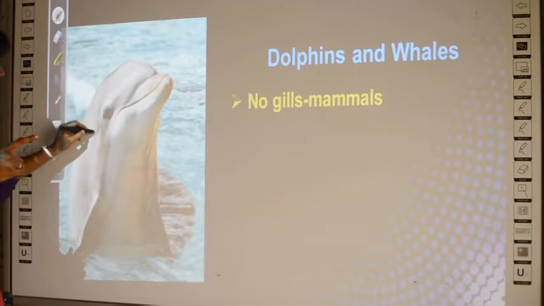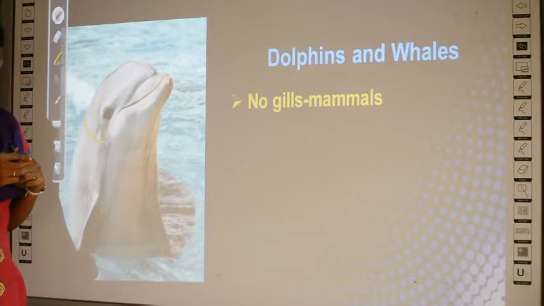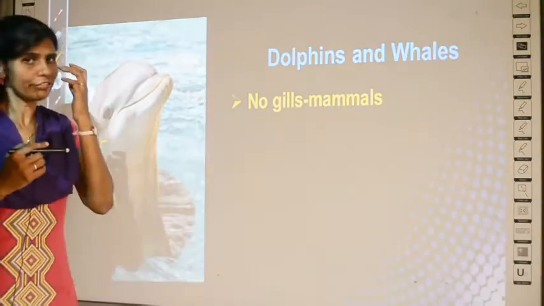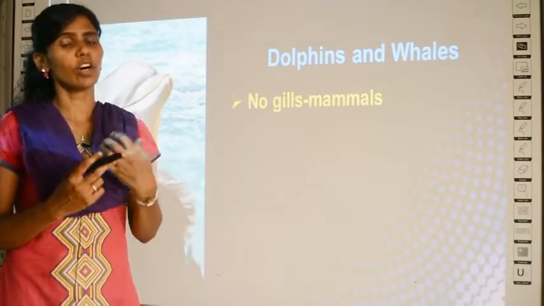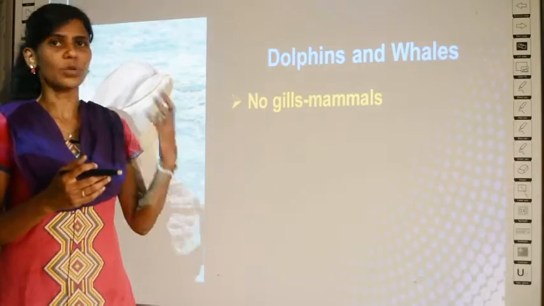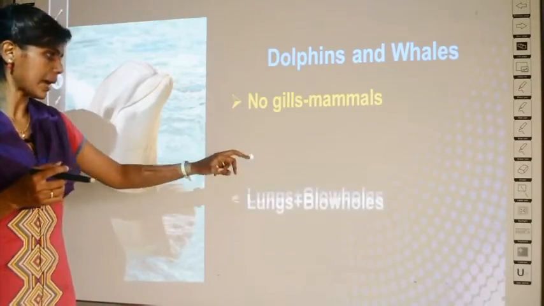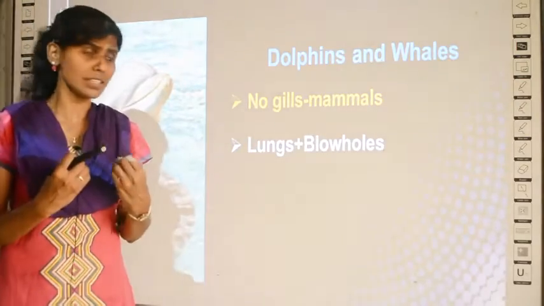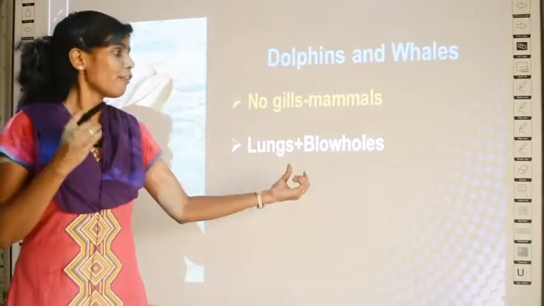Like this you have a partition, right, in fishes. But in dolphins you don't have such a partition. Why? Because they do not have gills like the fishes, because dolphins are mammals. They are not like the normal fishes. They belong to the mammal category, so they do not have gills. Then how do they breathe? We are mammals, right? Just like how we breathe with the help of lungs, dolphins and whales also breathe with the help of lungs,